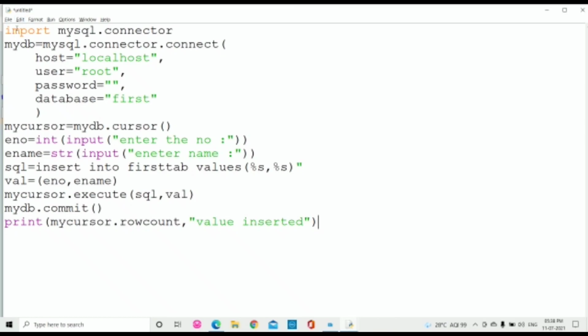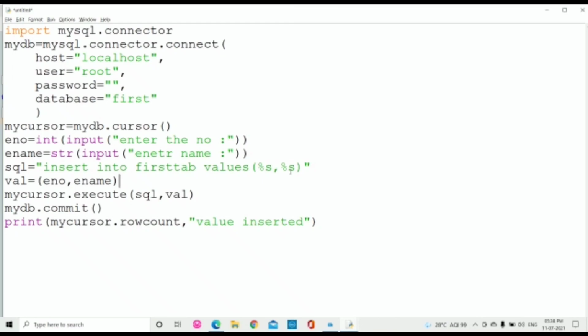Now the name of the table is first tab. The statement is insert into first tab values. It should be in double quotes, which I didn't give. E-number and e-name. Let me close that also.